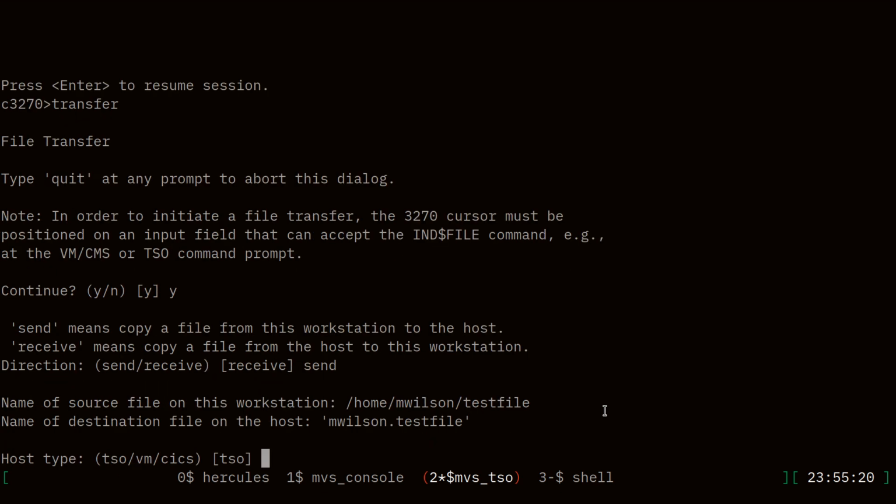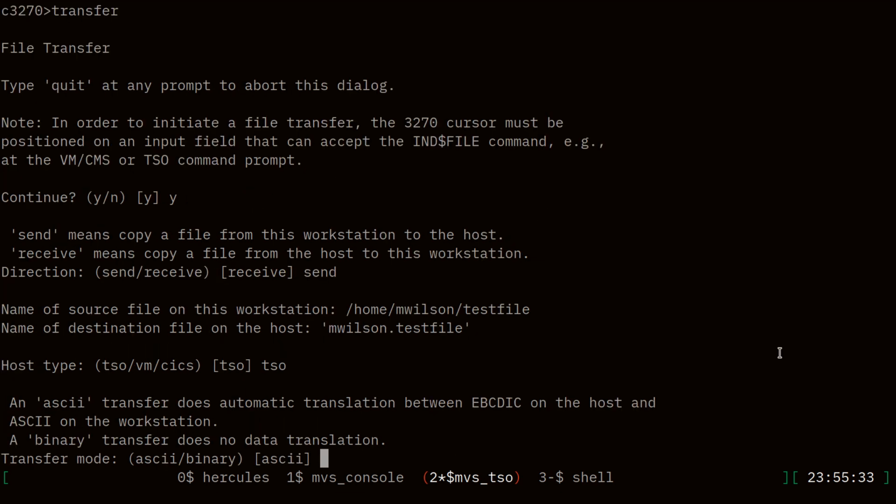I'll hit enter there. Host type. So IND file is available for TSO and VM. I've never used it for Kix, so I don't know how that works in a Kix environment. But in this case, we're sending to the TSO environment. And because I created this as a text file on my Linux workstation, I'm going to use the ASCII transfer